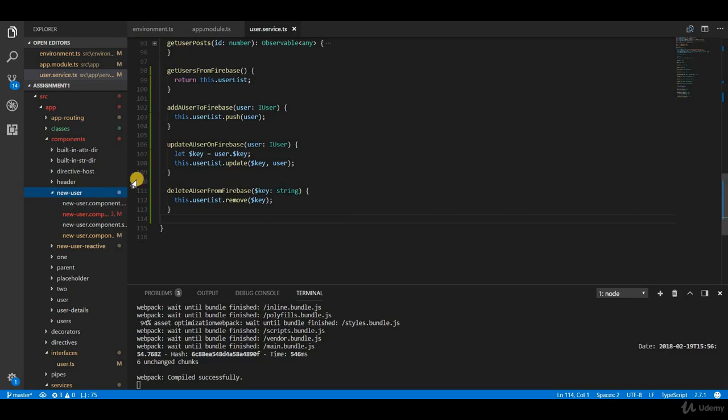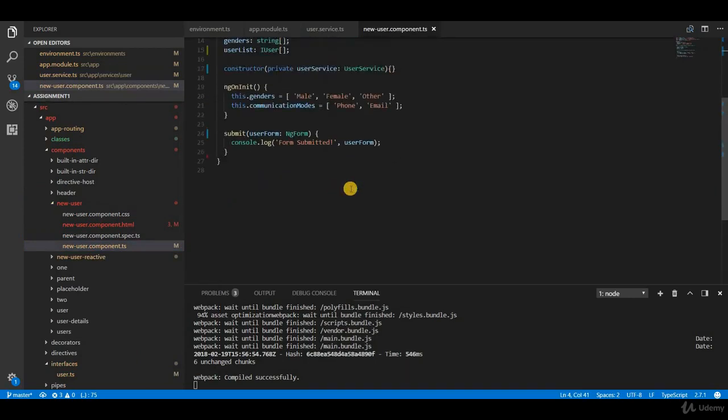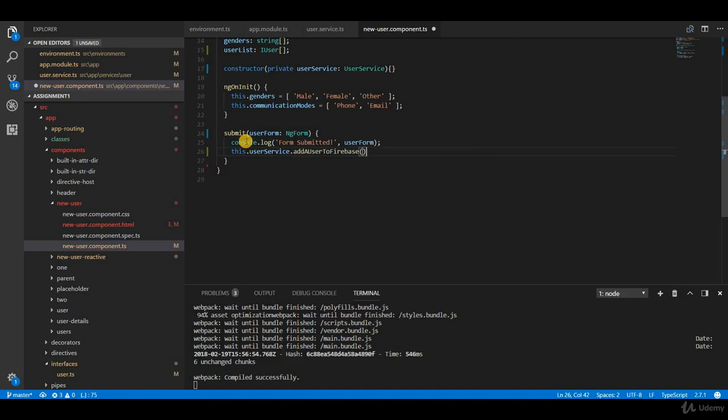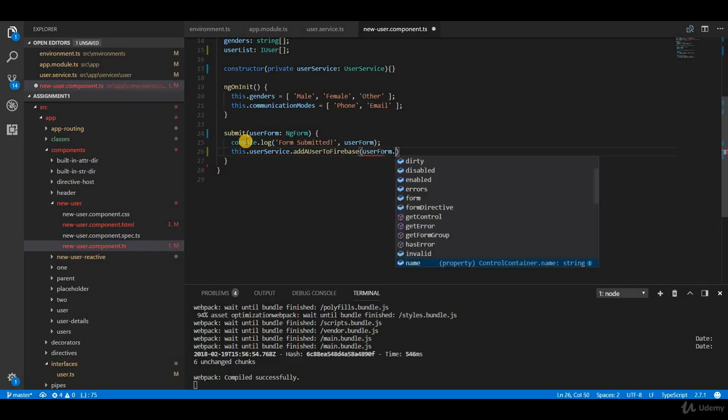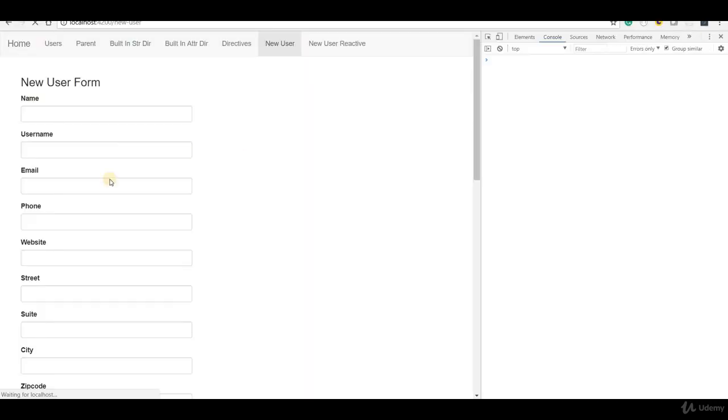So now inside my new user component, I've already hooked it up to my TypeScript class's submit method, where we were just logging the user form to the console. But now instead of that, I'll just call the user service's add user to Firebase method, and I'm going to pass in the user form's value property. Let's save this, go back to the application,